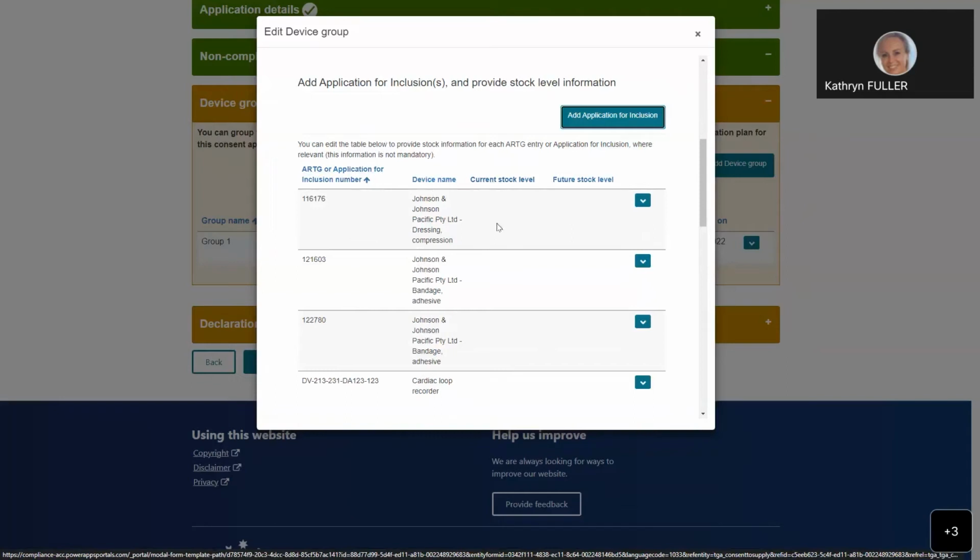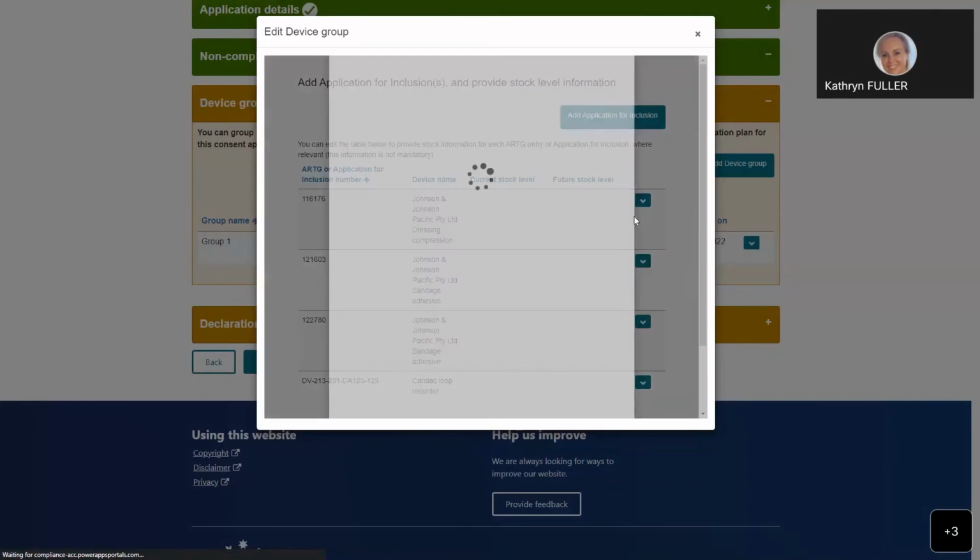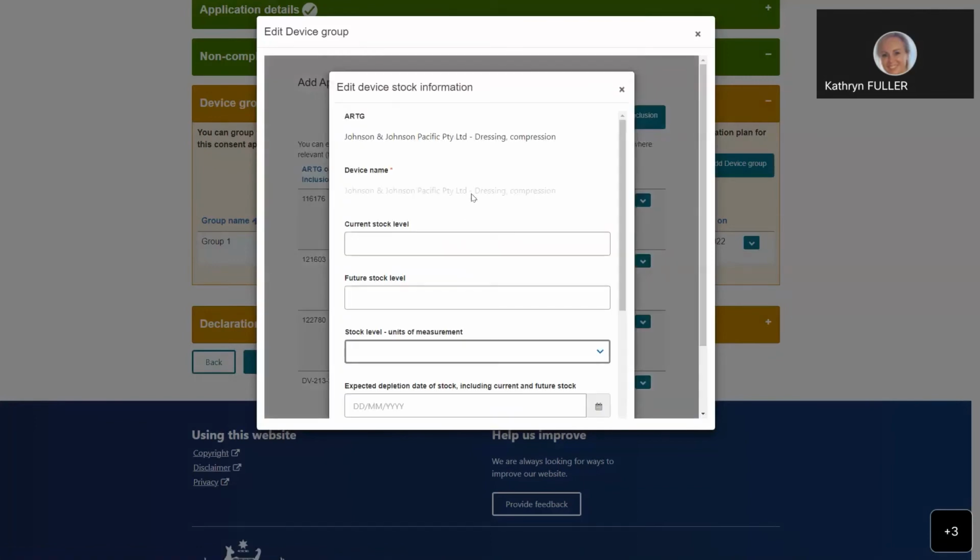Now, you can see that there's nothing populated, and these fields are not mandatory. However, providing stock level information will provide extra information to the TGA to support your application. In order to do this, we do this by ARTG, by simply selecting the down arrow button and selecting edit, and then this will open up another box for us to provide the stock level